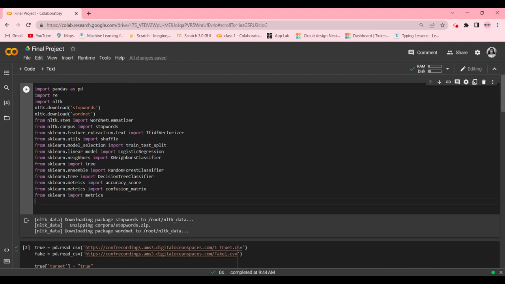Yes, it's the final project, the fake news detection system. For this project, we will need to import some libraries, like pandas as pd, re, and nltk. nltk.download('stopwords'), nltk.download('wordnet'). From nltk.stem, import WordNetLemmatizer. From nltk.corpus, import stopwords. From sklearn.feature_extraction.text, import TfidfVectorizer. Then from